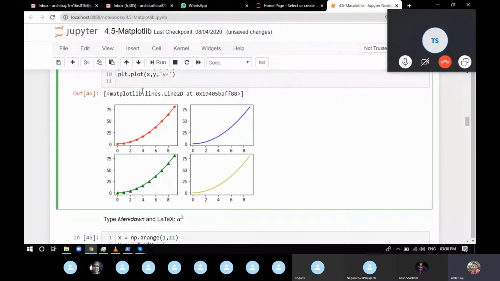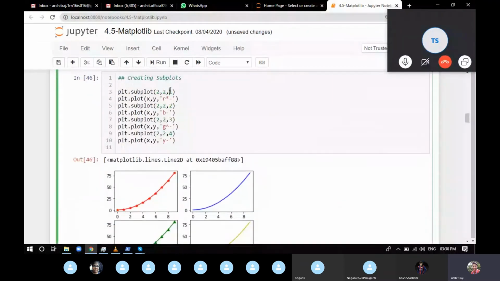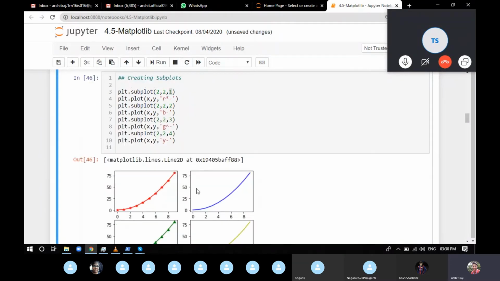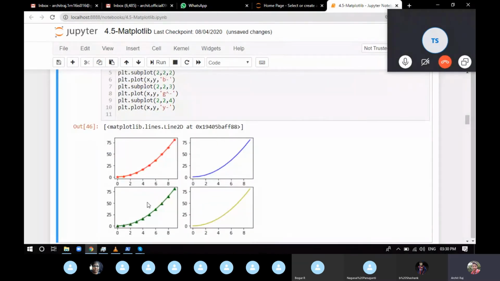Now the third input you provide will be the exact position of the plot which you want to print. Now this follows a row major style. It means if you're providing 2 rows and 2 columns, it makes like a table with 2 rows and 2 columns. 1 stands for this particular position, 2 is for this particular position, 3 for this one, 4 for this one. If you make 2 rows and 3 columns, the numbering will go 1, 2, 3, 4, 5, 6. So it follows a row major style of numbering. So what we did, plt.subplot, 2 rows and 2 columns, and the first position.